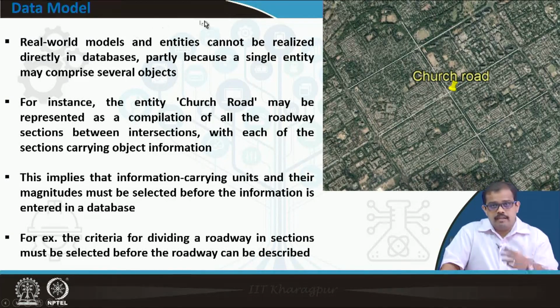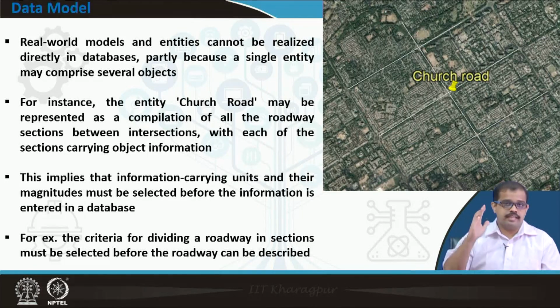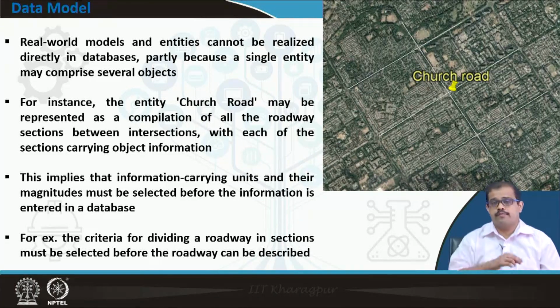For example, as I gave the example of this road, if you want to divide this roadway into different sections, it has to be decided before that how this particular roadway is described. Can the roadway be described in a proper manner? If it is described in a proper manner, then it can be divided into different sections. So the first thing is to look at the road, understand its characteristics, and understand the headway of that particular road. Then you will be able to understand what the different sections are, how you can define these sections, and what different information has to be collected for each of the sections.